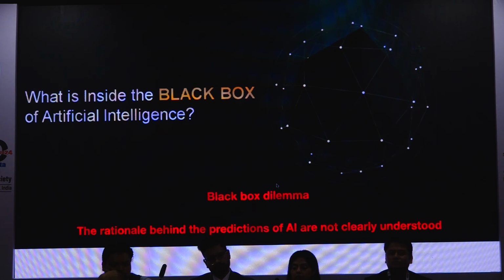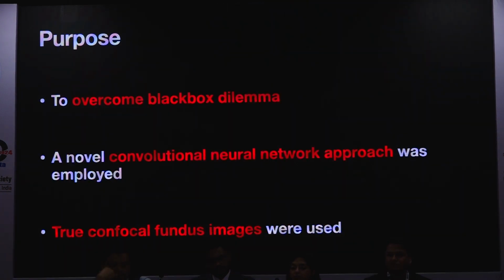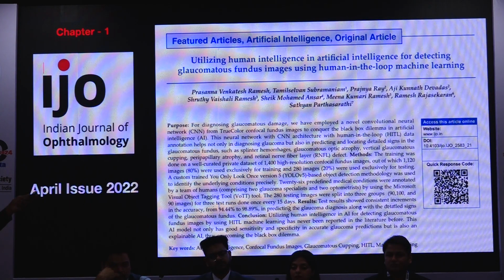So why, as Kaushik was talking about the black box, if you are using an AI and you don't know why it functions the way it functions, you are in soup, because it can always pull your leg. Social media is never a joke. So when we started doing AI, we started to diagnose or crack the black box, because the rationale behind its predictions is not understood very clearly.